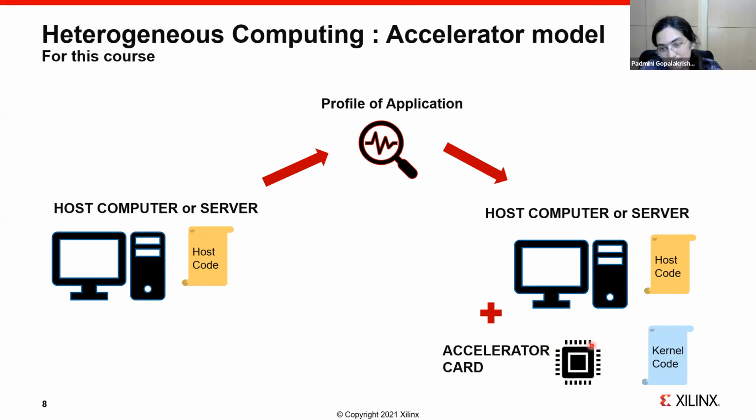Now, what if instead of 500, my accelerator runs 800 matrix multiplications per second? Then what happens? Sure, I can continue to run the host application at whatever speed I need. But then what am I doing in the accelerator? I'm burning more power. Correct? So that is where the trade-off comes.